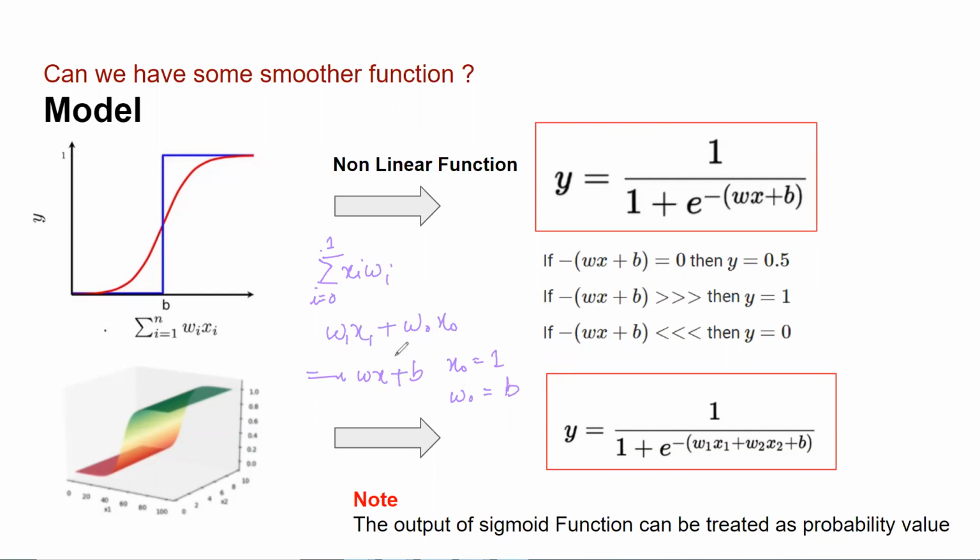Now suppose this is the output, and I put it into this equation, I'll get this red line. So this is a sigmoid function. The output which I'm getting from perceptron, if I put it into this place, I'll get the red line. The way we had the formula for perceptron, similarly for the sigmoid neuron also we have a formula, and this is the formula for sigmoid. So the sigmoid formula is also using perceptron only. It's just that we are putting the perceptron value into this place, and the new function which we are getting is nothing but the red one.